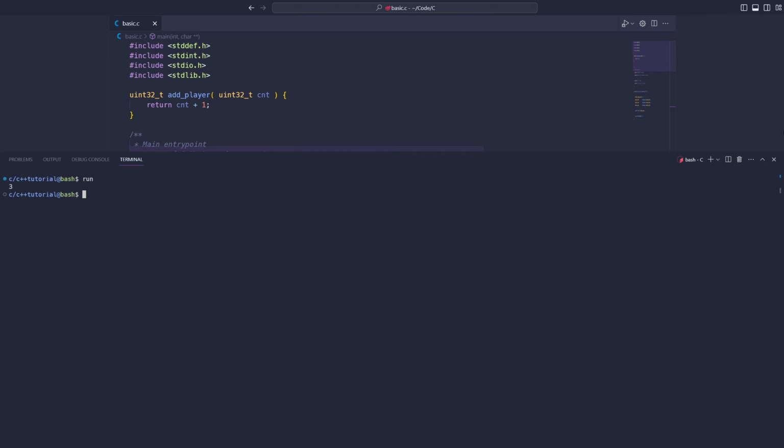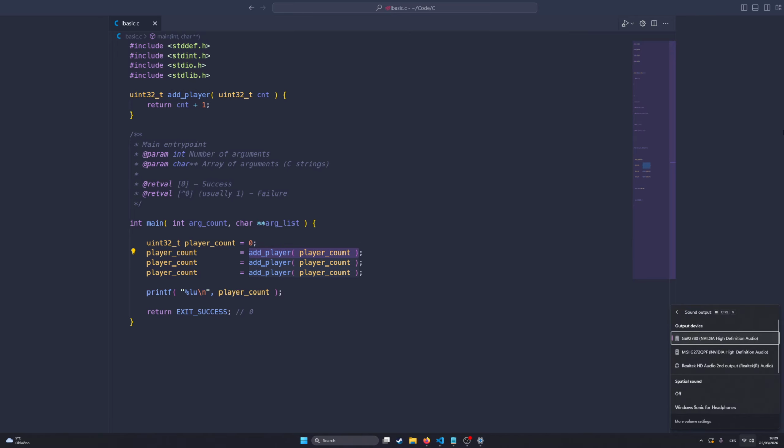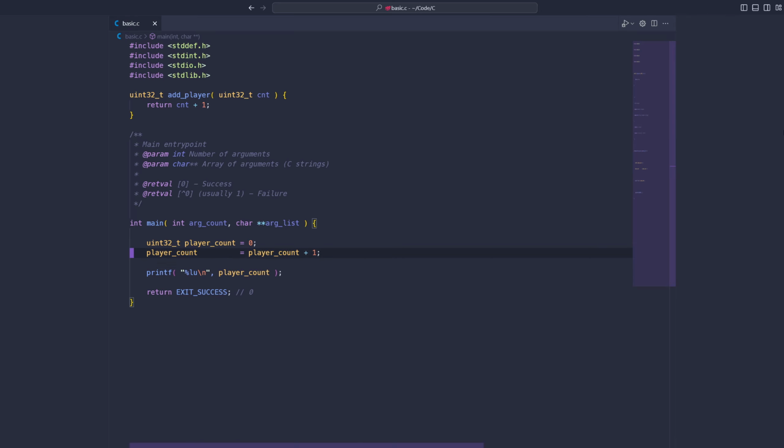If we run this, it's going to tell us that it's 3 again. Because if we look at the function, what it does is literally what we said we don't want to do, right? My bad, it literally does player count plus 1, and it assigns it to here. So, in my opinion, that's not the ideal way